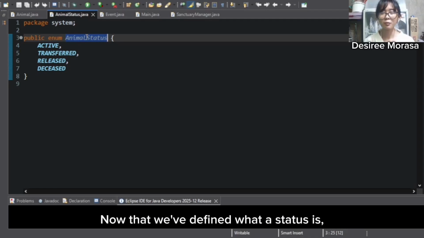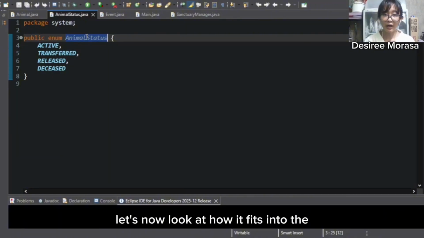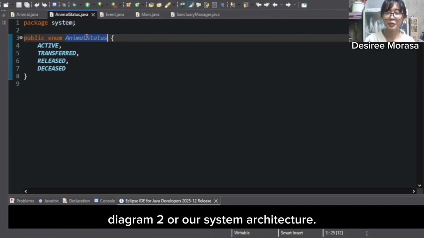Now that we've defined what status is, let's look at how it fits into diagram number 2, our system architecture.